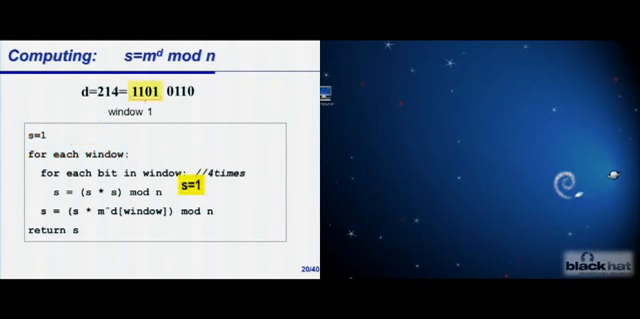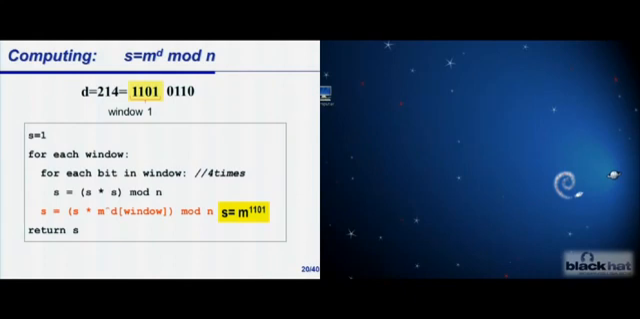For the first iteration, there is no squaring to be done. And then I multiply by that m to the d for the first window, 1101. By the way, as soon as the message arrives, we can pre-compute m to the power of all the possible values in any possible windows. So we have a pre-computed table for 16 different values, m to the 1, m to the 2, up to